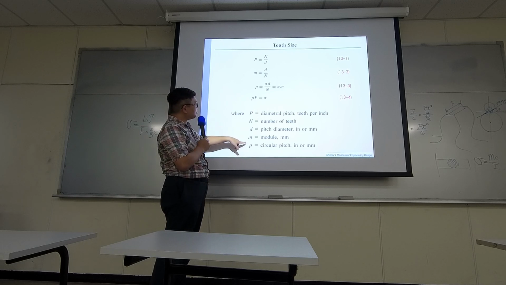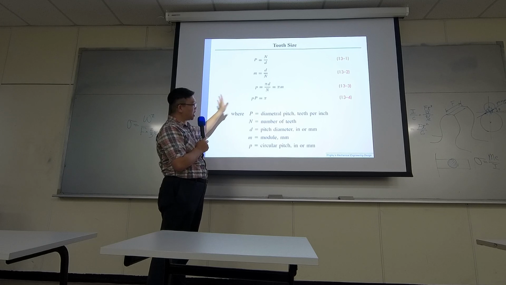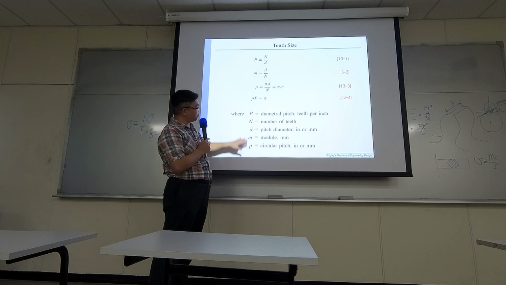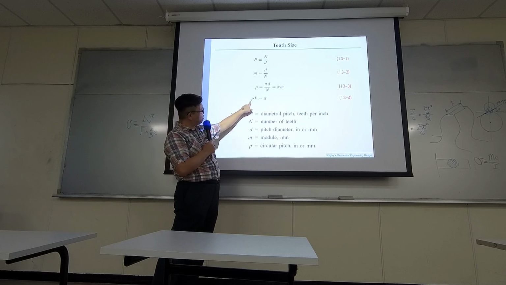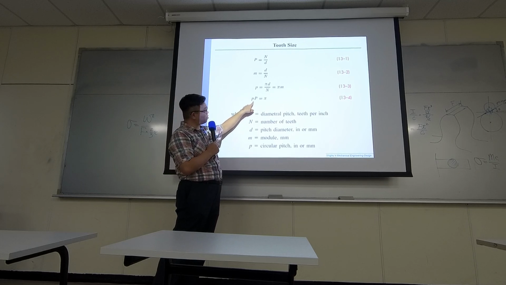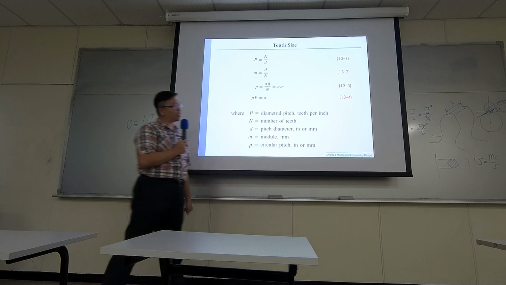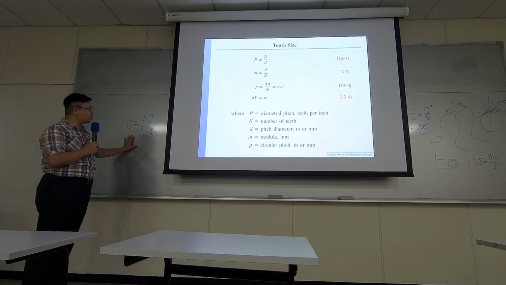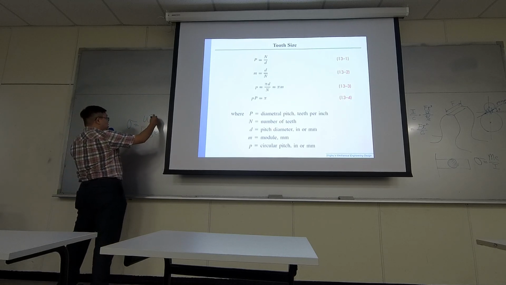So for gear calculations, capital P and small p have a relationship like this. When you multiply them together, it equals pi. So in the Lewis form equation, we already have small p